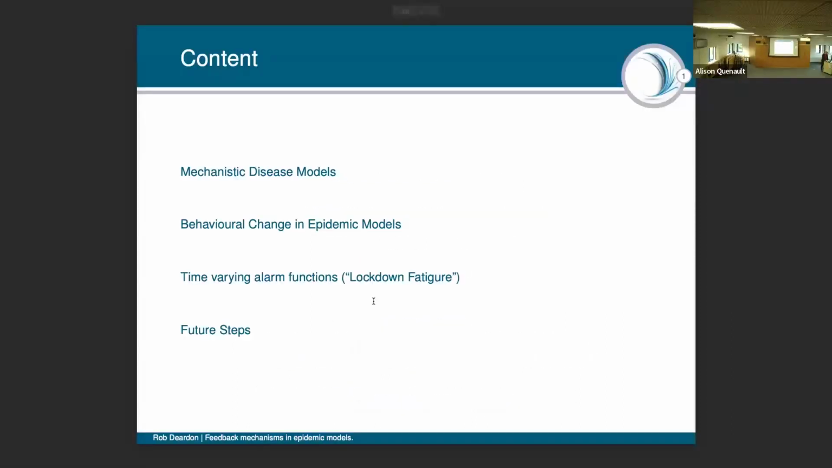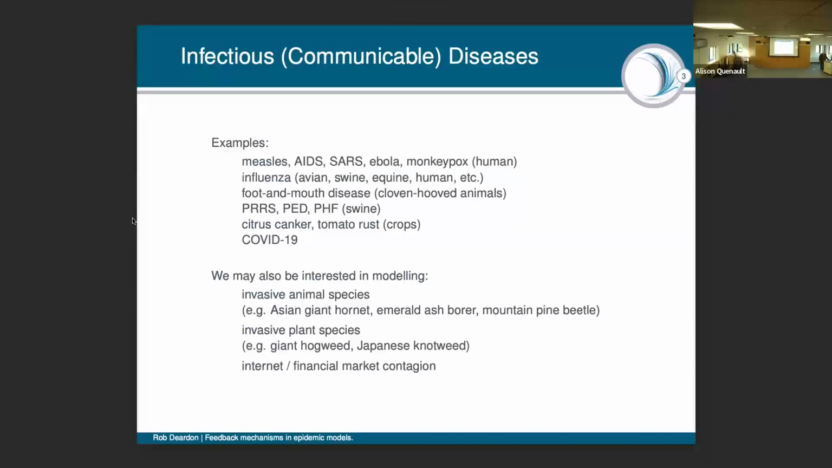Okay. So, content-wise, I assume most people know a bit about disease modelling, but perhaps not everyone. So I'll spend 10 minutes or so on basic ideas before getting into the behavioural change work that we've been working on. Okay, so obviously COVID has been on everybody's mind for the past few years, but